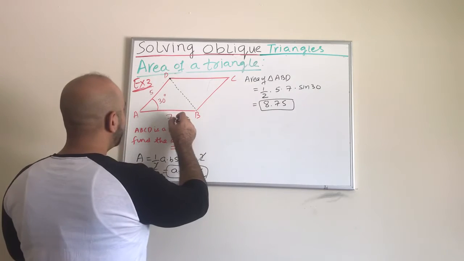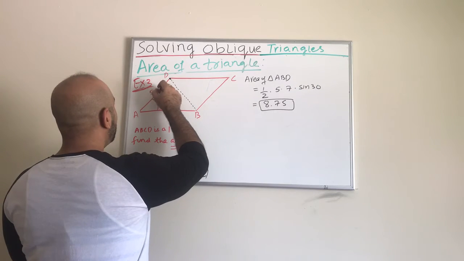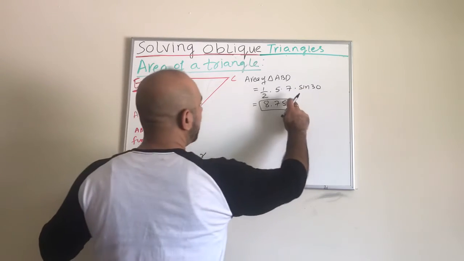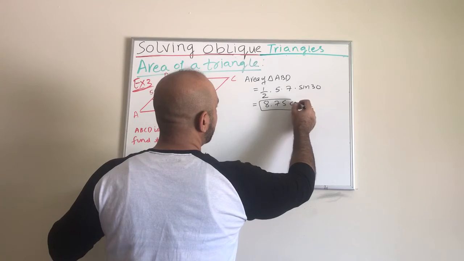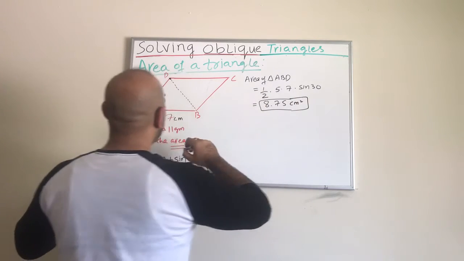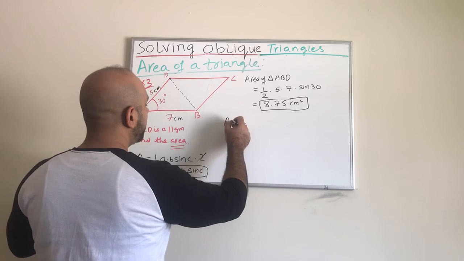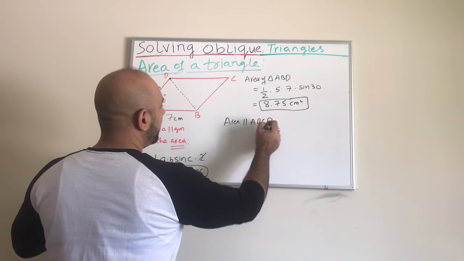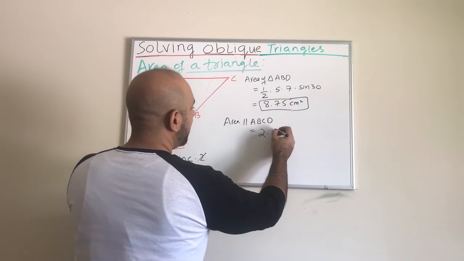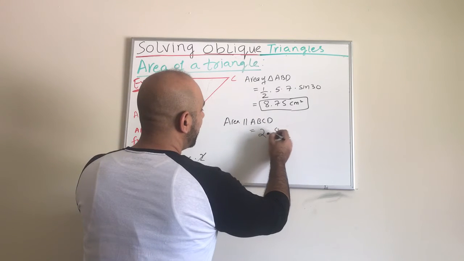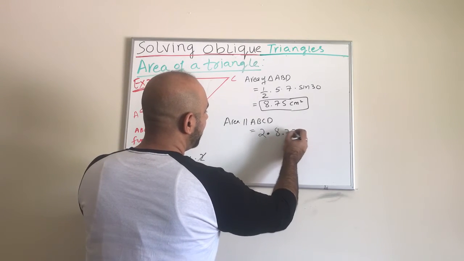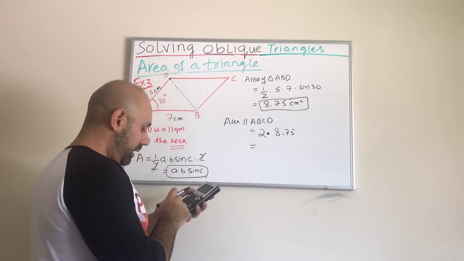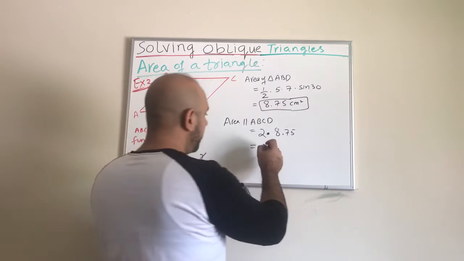Let us put some units here, guys. Let's say this is 7 centimeters, 5 centimeters. So the area will be 8.75 centimeters squared. And then if I have to find the area of this whole parallelogram ABCD, that's going to be 2 times 8.75, and that is going to be 17.5